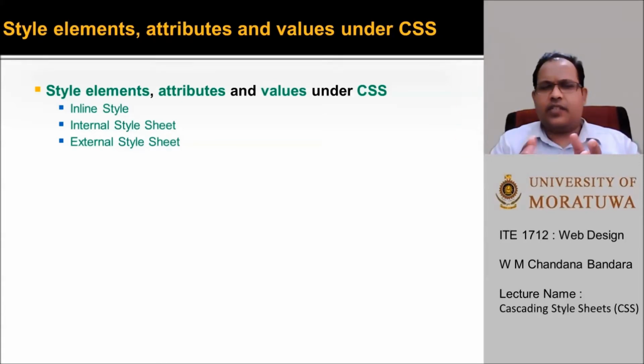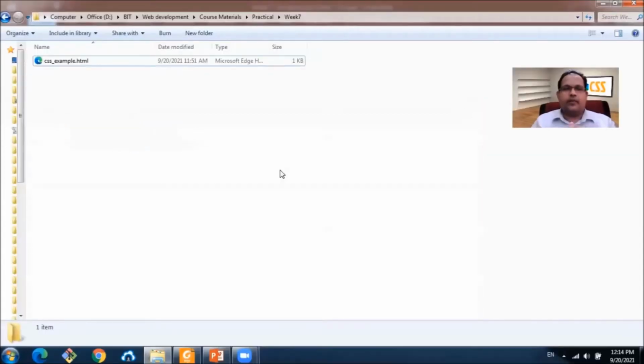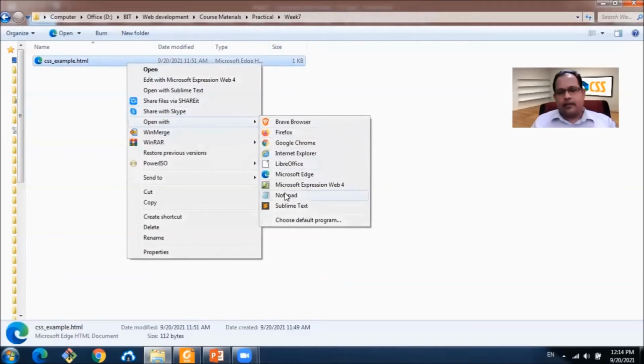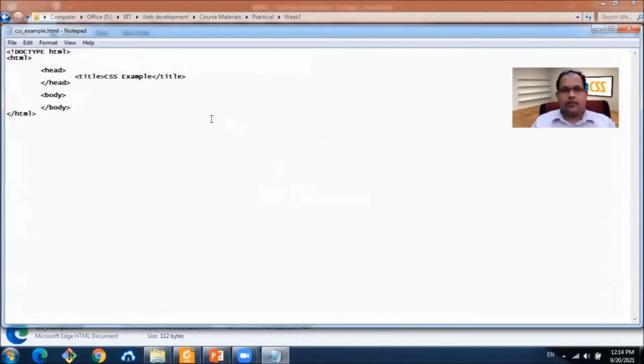Why don't we do a small exercise so that you can really see a general example how we can apply a style. So now we have this example HTML page. Let's open it up. In fact, we can open this file from any text editor that we want. For an example, a Notepad or Sublime, or there are many other editors that we can use. We will get into that later. For now, I'm opening this from the Notepad.